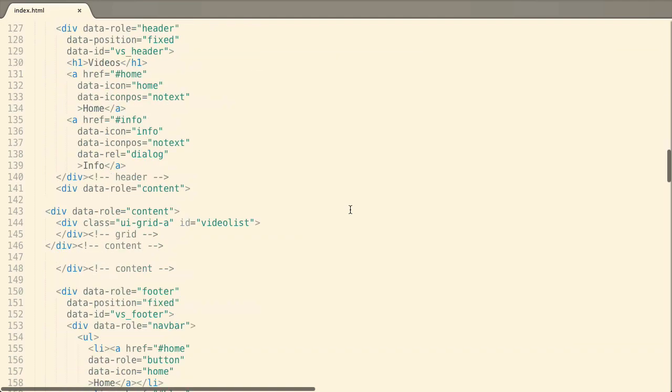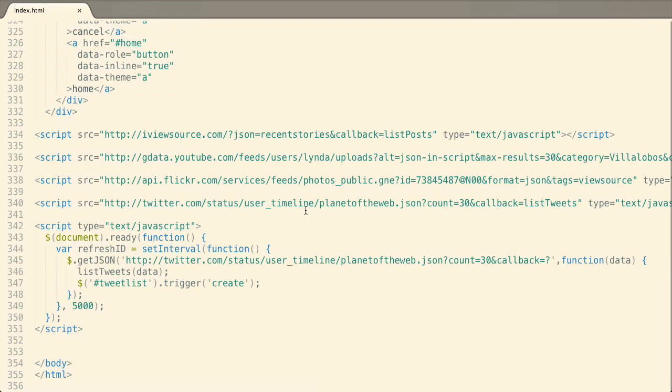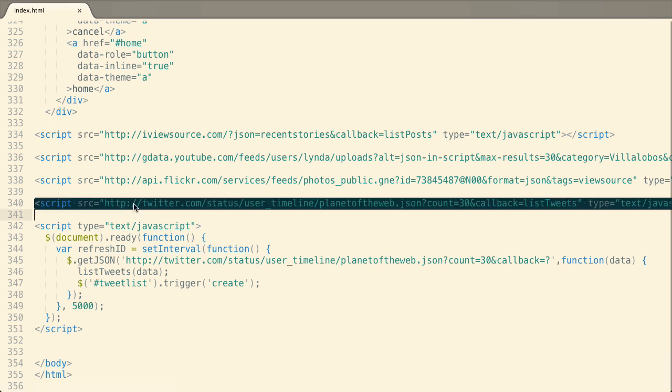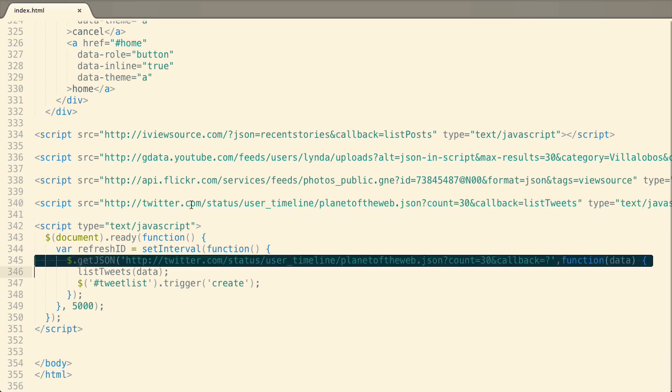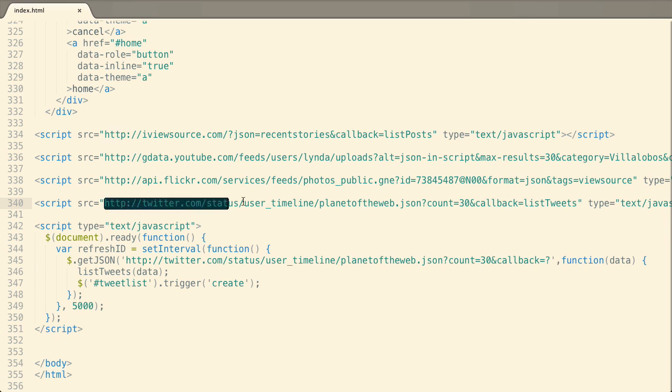So if I go down all the way to the bottom of this page, I'm going to find a couple of places where I'm calling the Twitter API. So it's essentially right here at line 340 and also down here at line 345. So those have to be changed. So I need to really just delete all this. And I'm just going to call my new file, which is